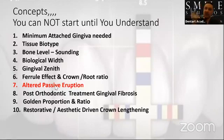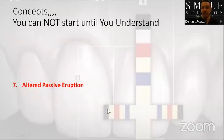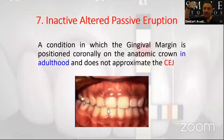During eruption of teeth, we have two types of eruption: active eruption and passive eruption. Active eruption is when the teeth are going down to their normal position. Passive eruption is when the gum goes up cervically to expose the full tooth. In cases of altered passive eruption,